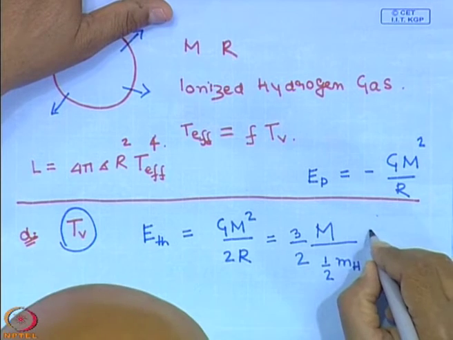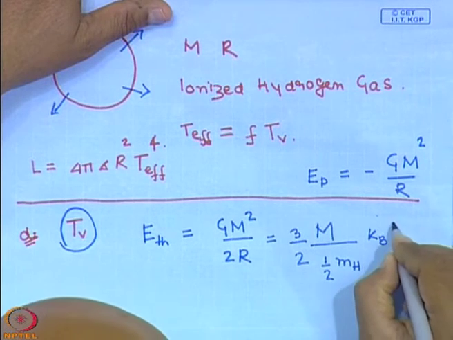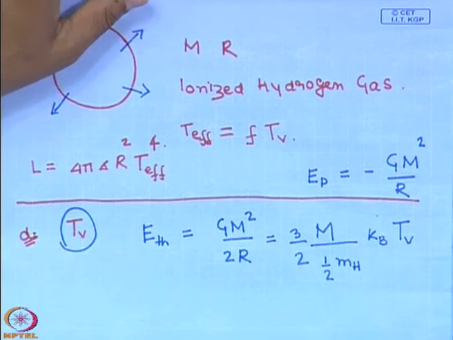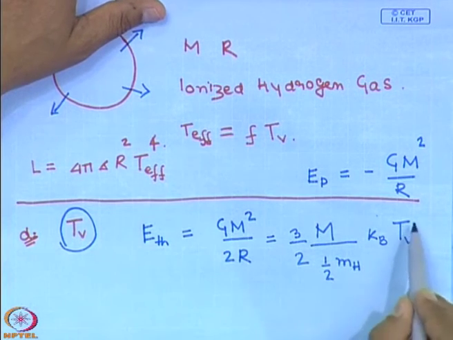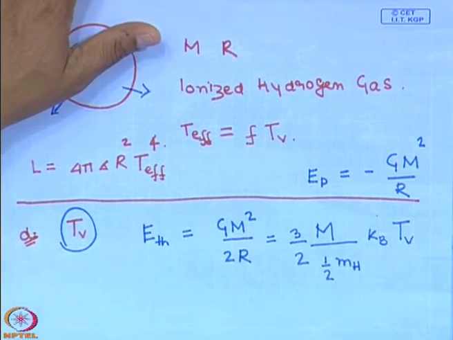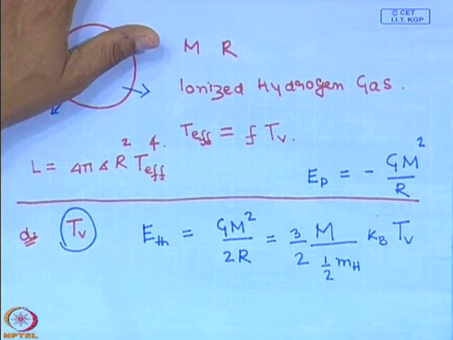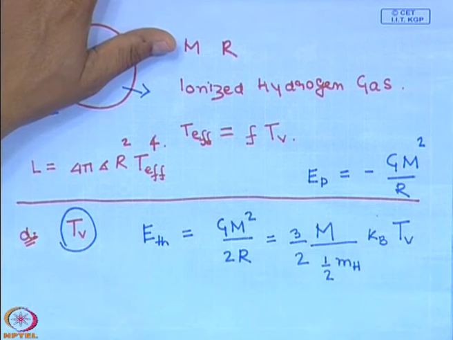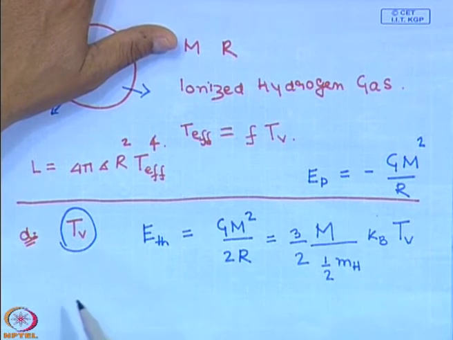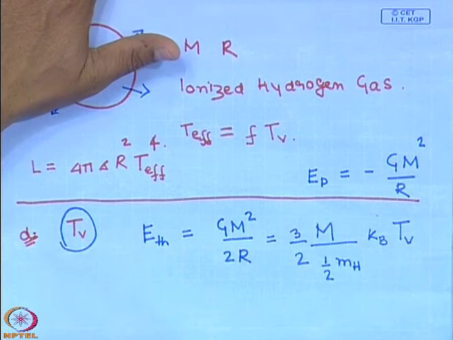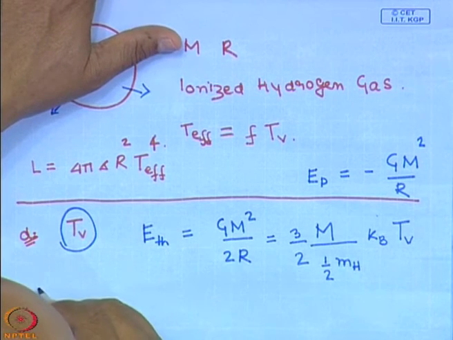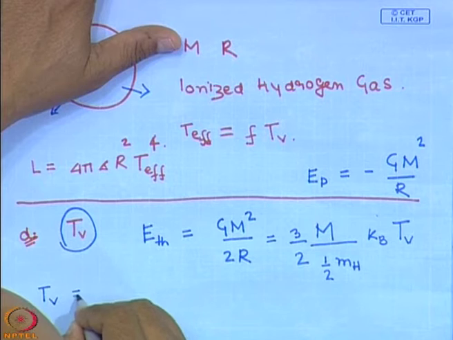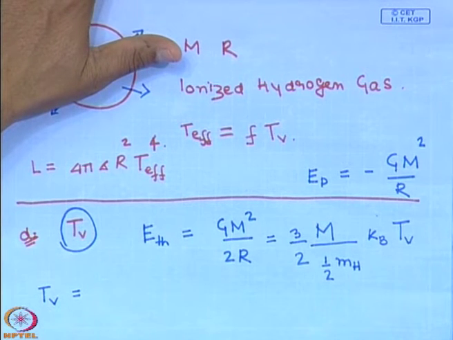So, n k, the Boltzmann factor k b into T virial, that is how the virial temperature is defined. The internal energy is written in terms of the virial temperature in this way. It is basically 3 by 2 n k T. N is the number of particles, k b is the Boltzmann constant into T. So, this straight away gives us the dependence of the virial temperature on the mass and the radius. So, the virial temperature is equal to